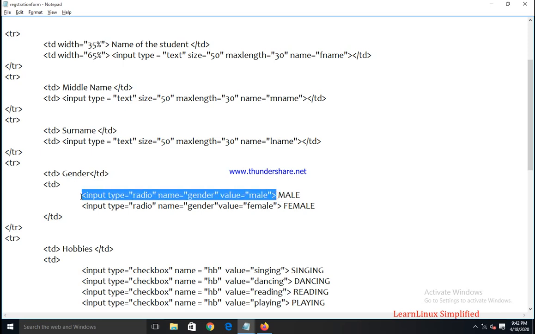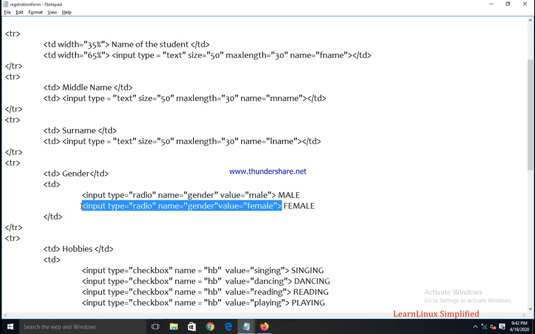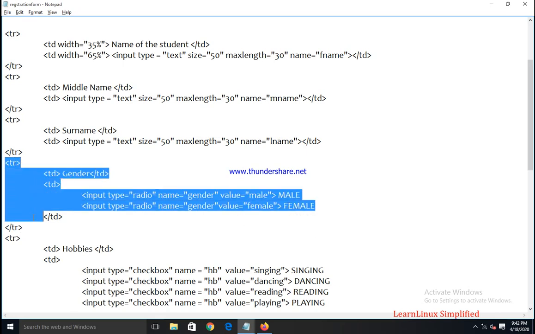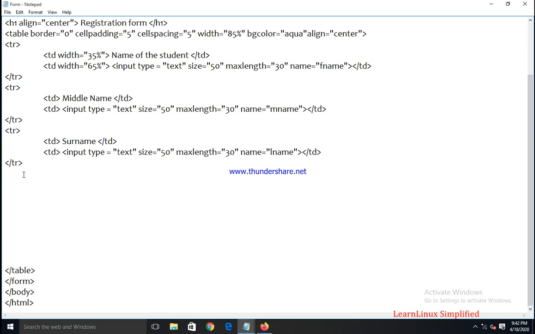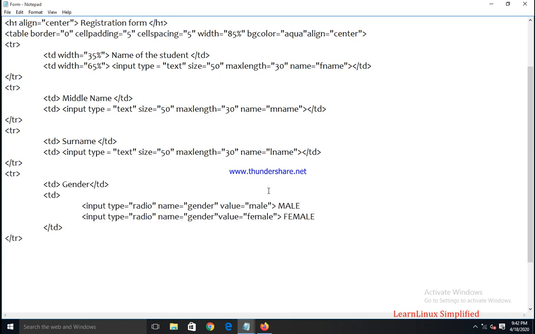Same way, this tag will create a circular inset for selecting female, and this is just a caption. Okay, so we will select this, copy and paste. Right, so I have created one control, radio button, for selecting male or female.